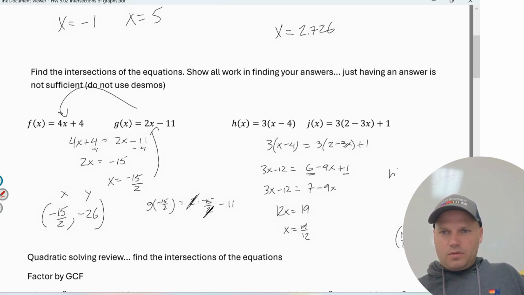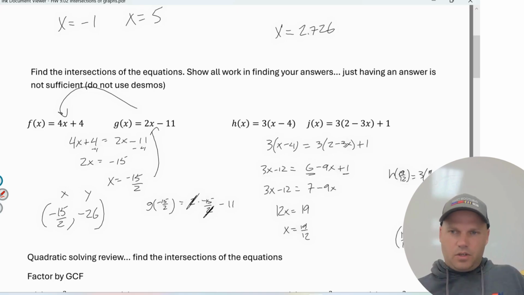So that means my y coordinate, and you need to work on using fractions because you will have fractions in your future, so this is a good time to do it, is 3 times 19 twelfths minus 4. Now, I'm going to subtract 19 twelfths and 4 first and then multiply by 3. How do I subtract 4 as twelfths? Well, turn it into a common denominator. 4 over 1 turns into 12 over,